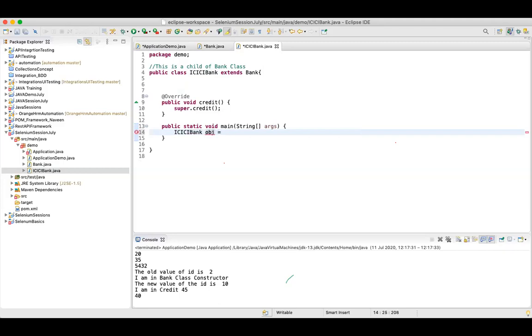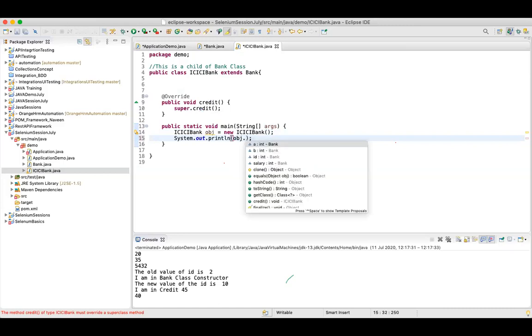So I can write obj is equal to new ICICI Bank. Now I can use system.out.println and I can say obj dot.